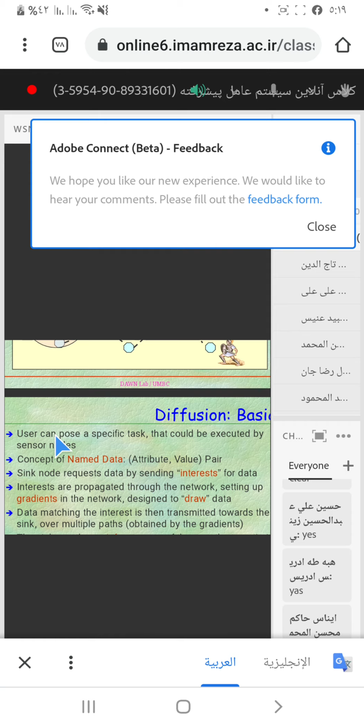For defining any task, the name data is used. The name data consists of two values, a pair including attribute and value. Again, name data consists of attribute and value. The sink node requests